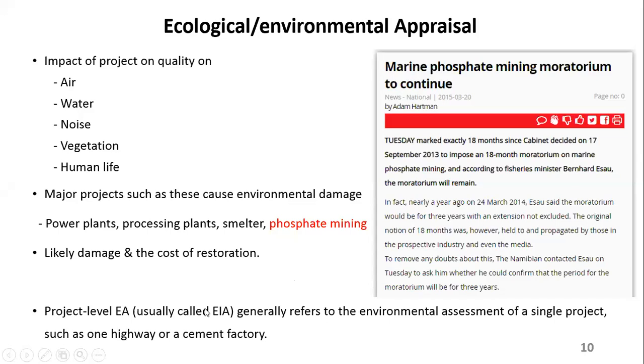Which means in your project team, maybe you need to have some experts in the environment, so that you as a project manager make sure that those guys on the environmental side do those things. Because if they don't do it, it's going to be another problem again. The environmental guys do the environmental aspects. Then you have maybe a metallurgist and electrical, mechanical guys. They will focus on the technical aspects. They can also do the financials, all that. That's why you as a project manager are not only doing these technical things alone; you need to oversee all these things because at the end of the day, you are the one accountable for everything.